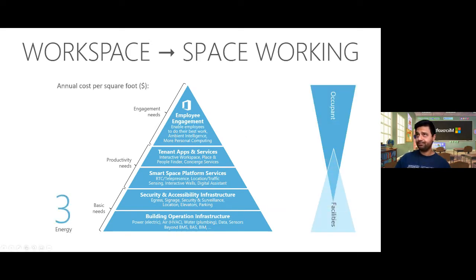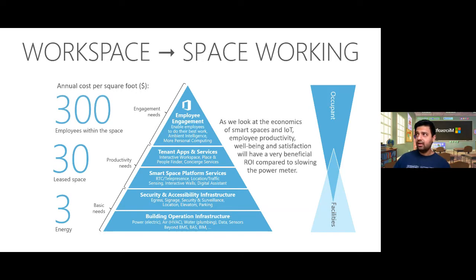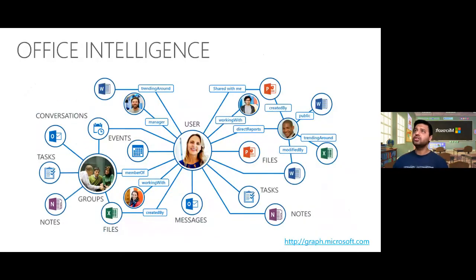And this, let me go into here. I'll skip these quickly. And this comes into our office intelligence and spatial intelligence, and how we can ensure that the pyramid connects together with people and with data coming from sensors to provide very meaningful modeling and simulation to achieve the end result. So this is a typical user, and these are various interactions that user has in day-to-day life. This is set in an office scenario. They will have meetings with groups of people. This individual will send emails, create slides, and so on. But this is only for that individual. There is no merger with various other data, for example, building data.